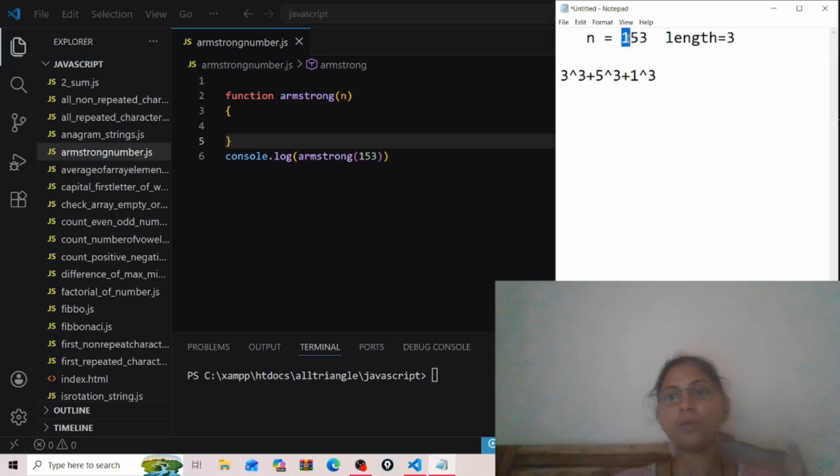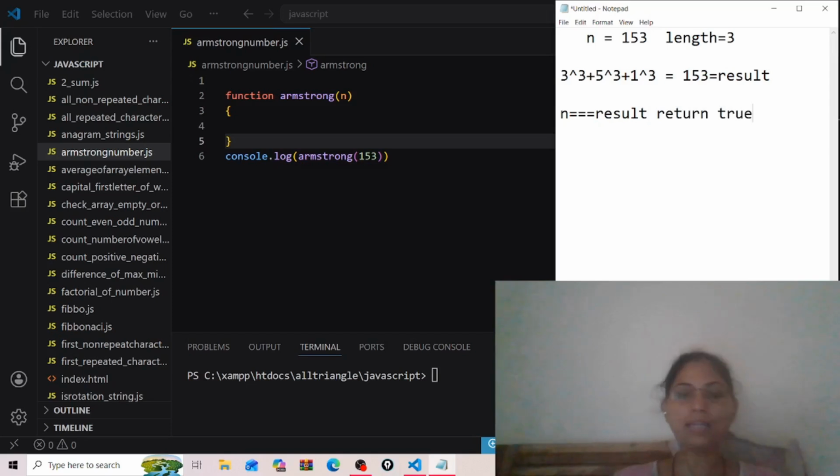So if we calculate 3 cube plus 5 cube plus 1 cube, it equals 153. This is our result. If n is equal to result, then return true, else return false.